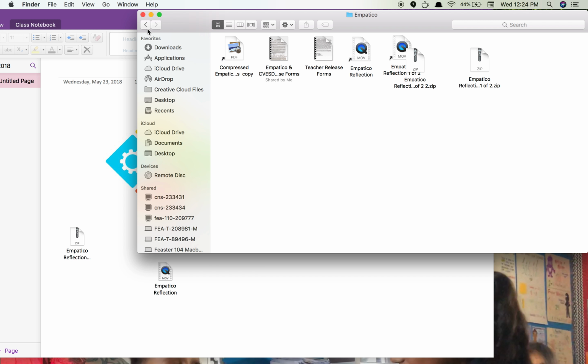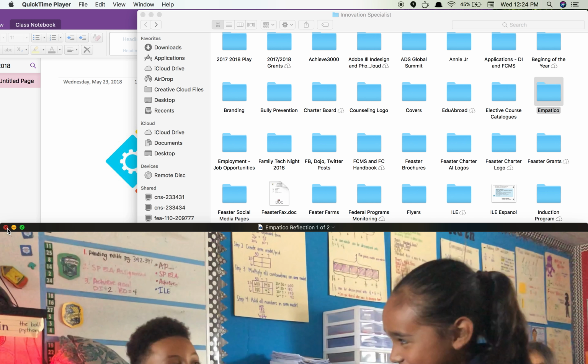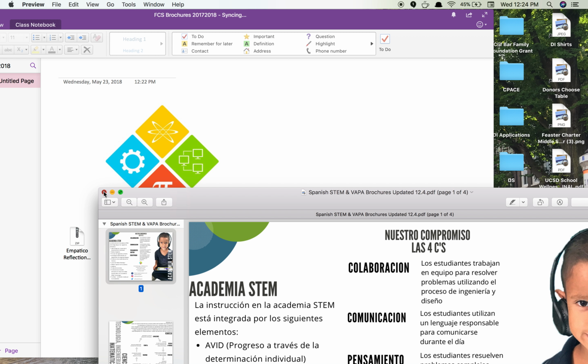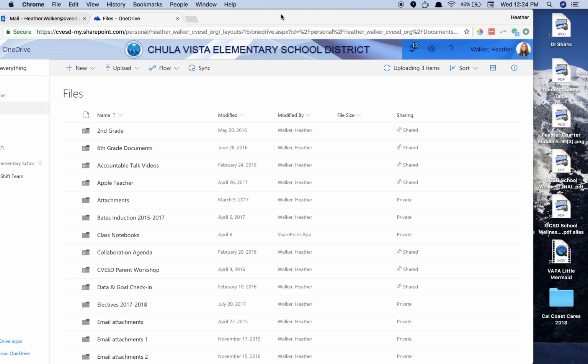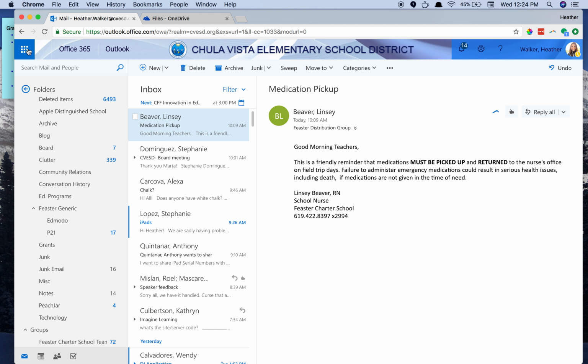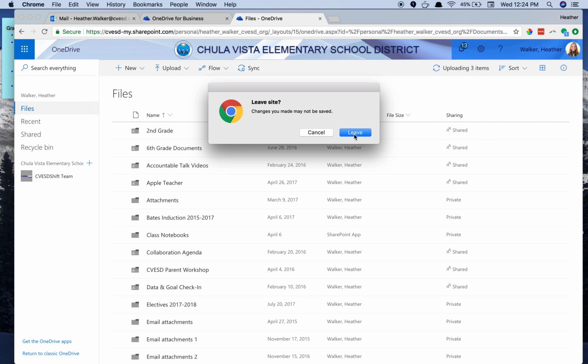So again, with OneNote, it's not going to let you drag and drop entire files. With OneDrive, you can. So it just kind of depends on your preference. So that is how you would back up all of your documents using OneNote. Now, if you wanted to use OneDrive, you would go into your email, or you could use the OneDrive app. You can start off with the little waffle guy up here at the top left corner, and then you're going to open up your OneDrive, and once it loads,